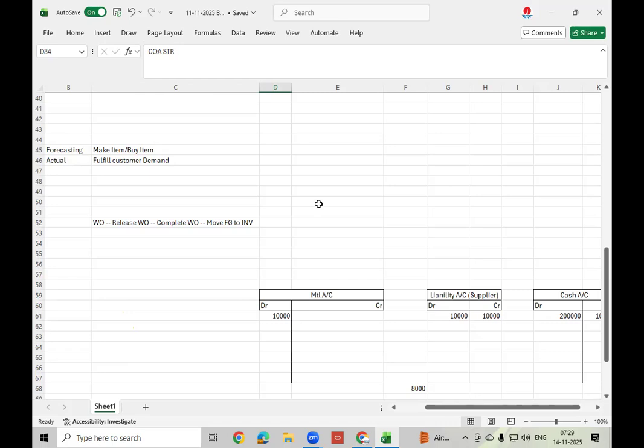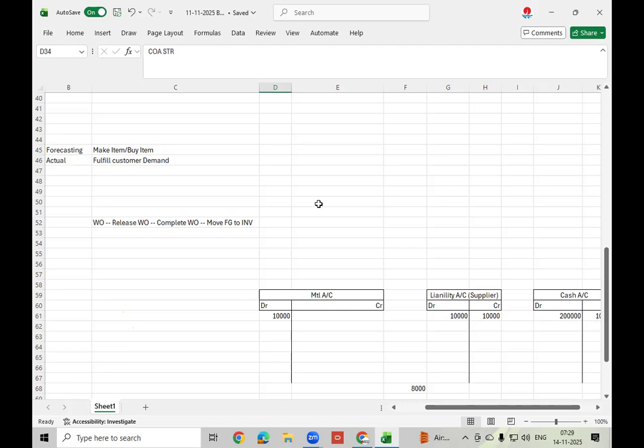Maybe in one organization I will define 4 segments, in another 7 segments, in another 10 segments. Why? This is the way they maintain accounting entries and journal entries in their organization. But 2 are mandatory. What are those?